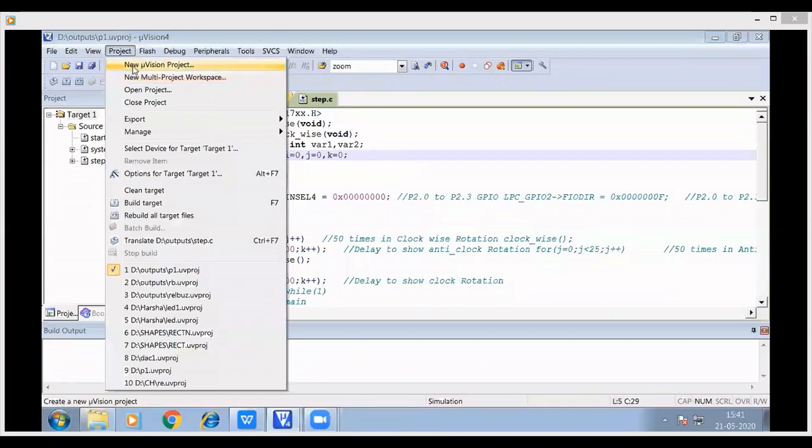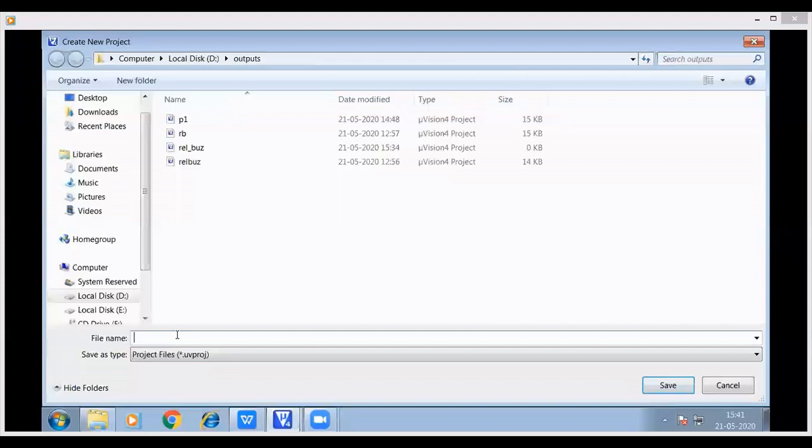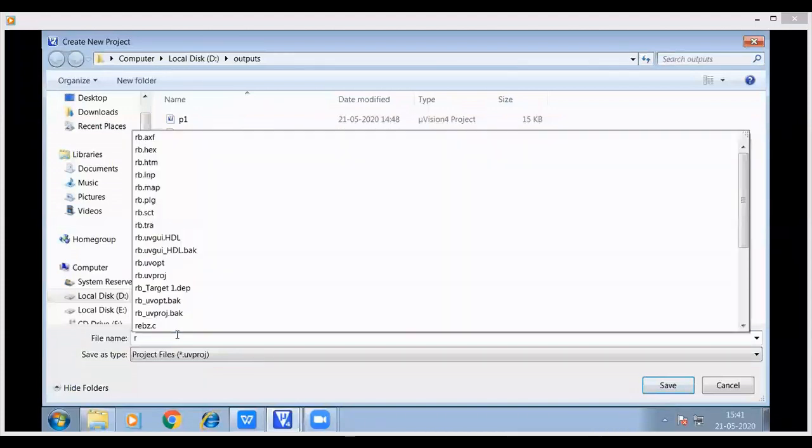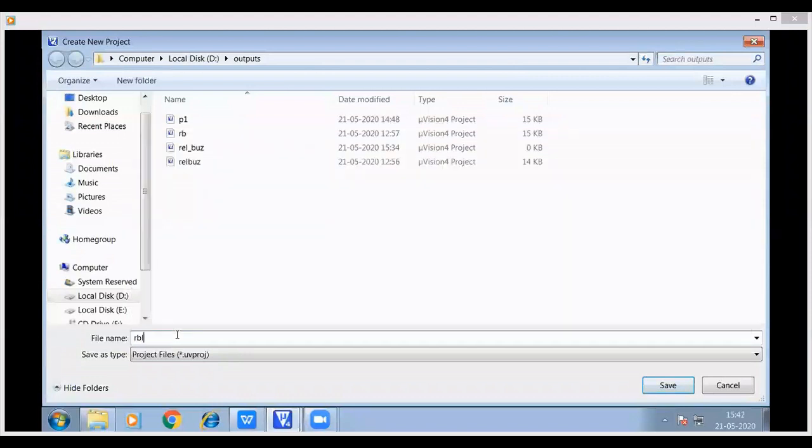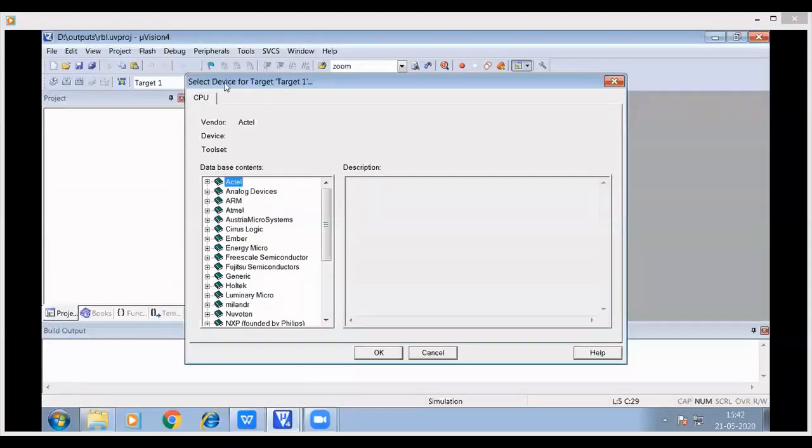Select New Microvision Project. Give a name to your project. So let the name be RBL, Relay Buzzer LED. Save it without any extension. Click on Save. You need to now select the device for the target board.